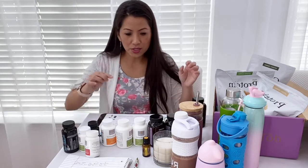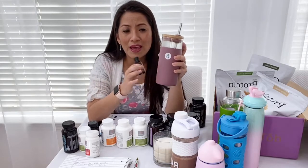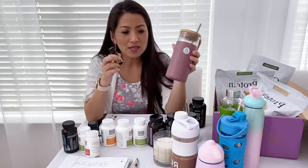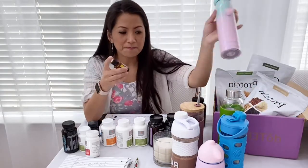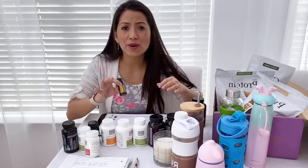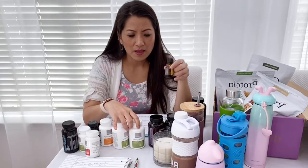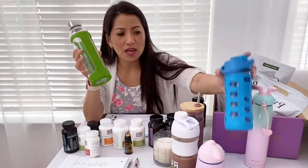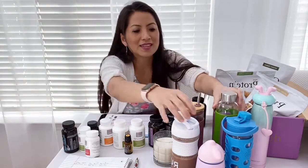The other thing too is lemon oil. Make sure you put a couple of drops of lemon oil in water, and make sure you're drinking out of glass or very, very high quality stainless steel, okay? Drink that throughout the day because it will help you flush the toxins out. You can use any type of glass drinking bottle, and any type of